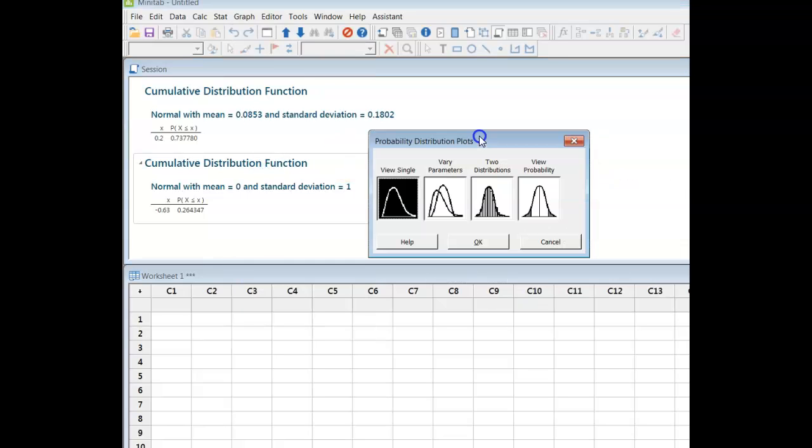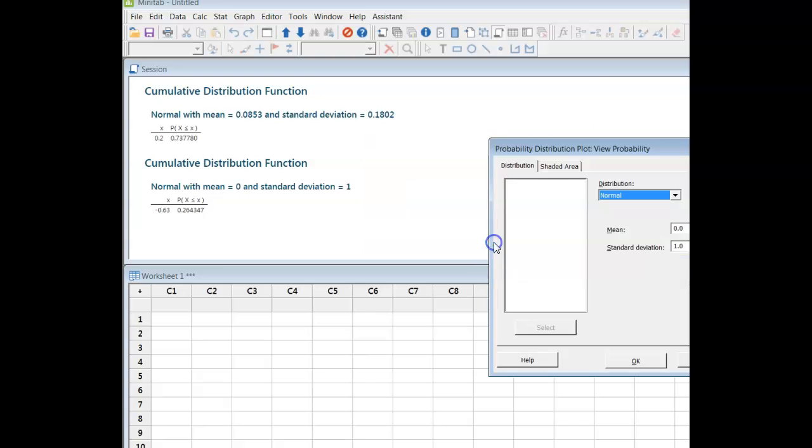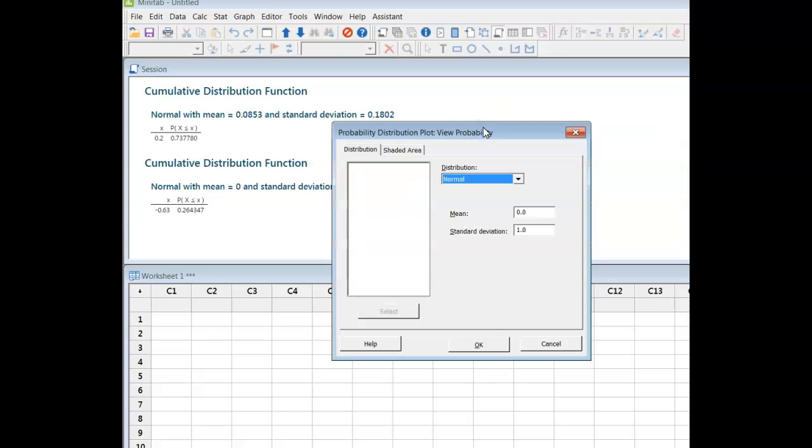Okay, when my window opens up, I get to choose. I can have a single probability distribution. I can have multiple ones. But for this purpose, we are simply viewing probability. So we choose this one. We say OK. And my window opens up. And the default is that it will use the normal distribution. But if I click down here, I can see have access to all the distributions that are also located under the calc tab. So we are using the normal, and the default setting is that it's understood that we're using